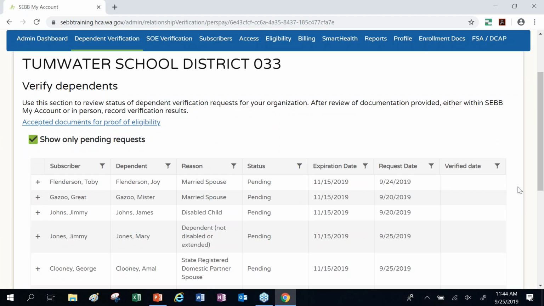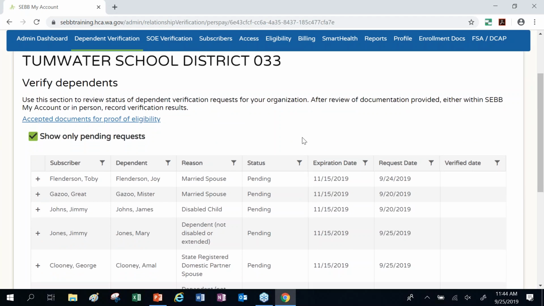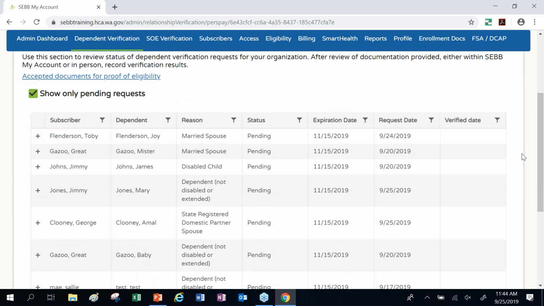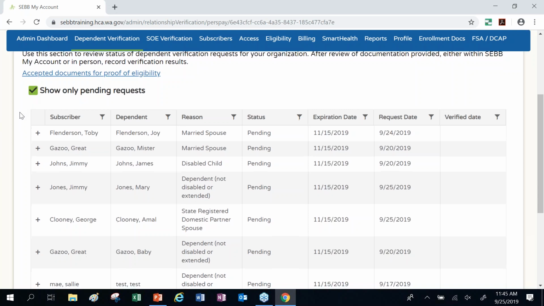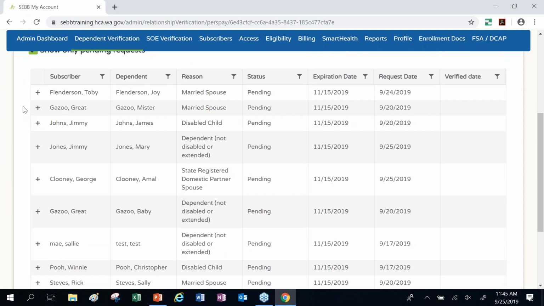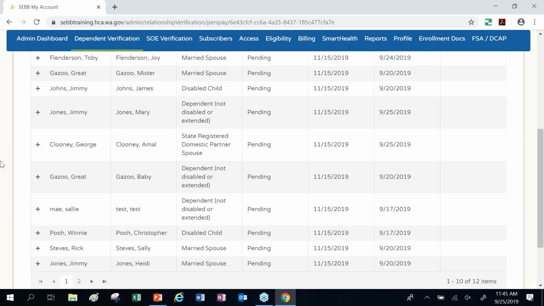Reminder here, when we go to the dependent verification section, it is automatically selected to show only our pending requests. So when you go in during first annual open enrollment, you will see all of the pending requests in here. Doesn't mean that you have to process anything, but just keep in mind if you want to look at who has been verified or denied, you can unselect this box and it will show you all of the dependent verification requests. So let's take a look at somebody who did not submit any documentation